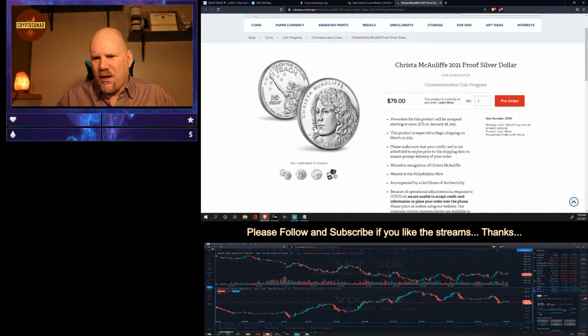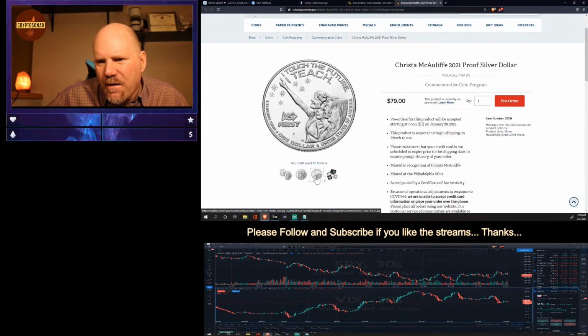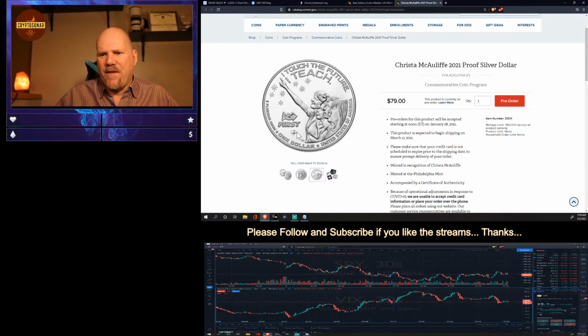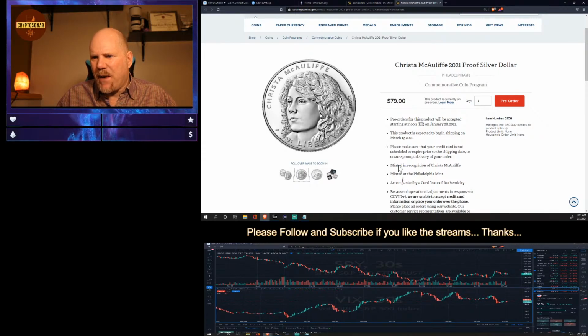So if you take a look at, nice looking coin. I think, there it is. So it does have a Philadelphia Mint mark as well. And I already have one of these on pre-order. So I don't think I paid $79. I'm pretty sure I paid $73 for it. I would have to log into my account and see, but they'll mail that out to me. It'll be shipping on the 17th. Usually takes about a week or so before you get something from them. But that coin's available.